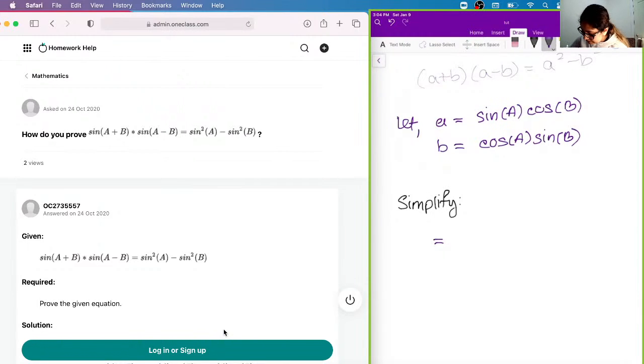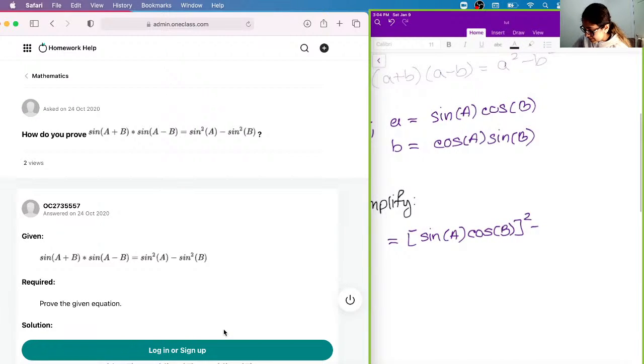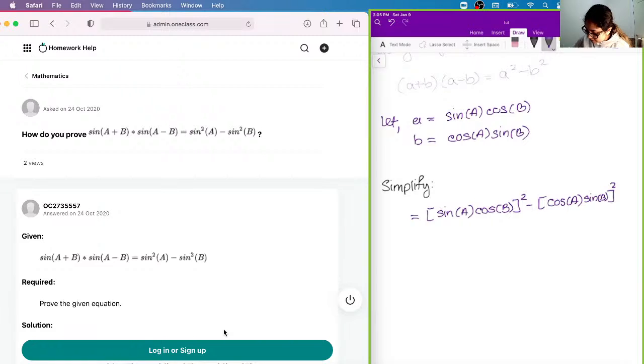So you would get sine a times cos b squared, minus cos a times sine b squared, right? Then we can break this up. We can further evaluate this, and we would get